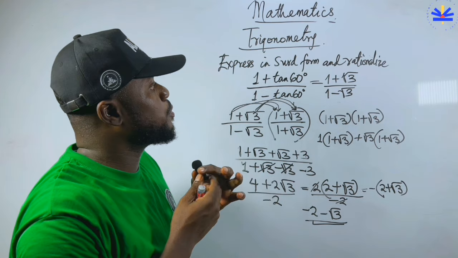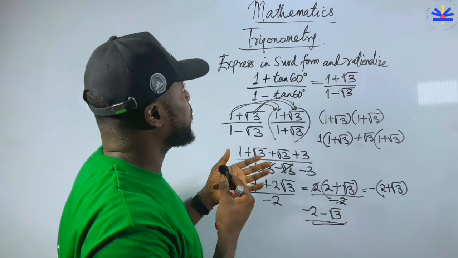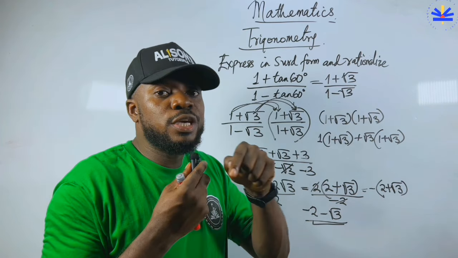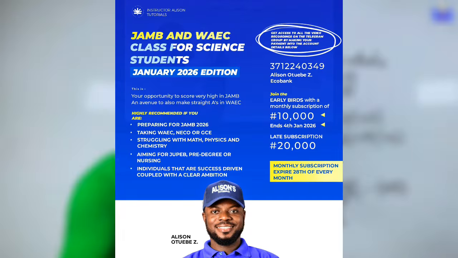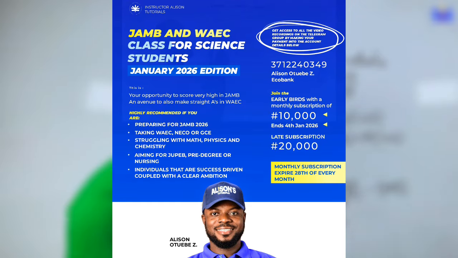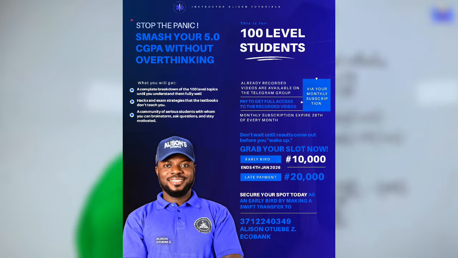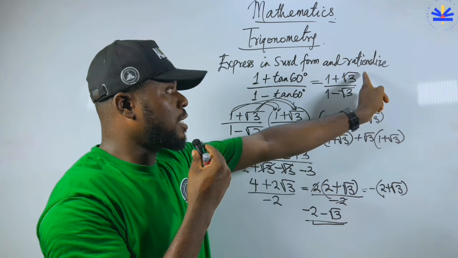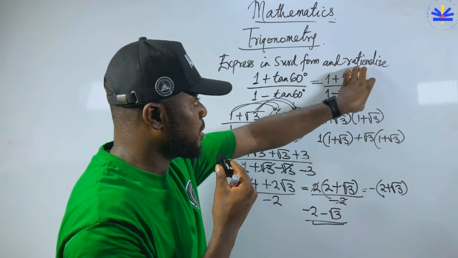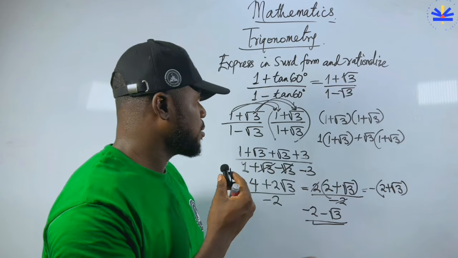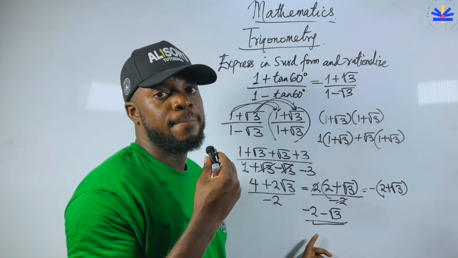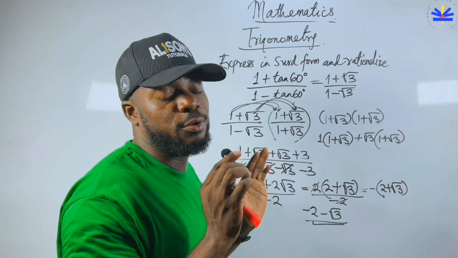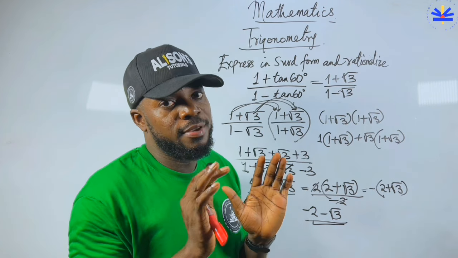So the question some people will ask me, sir, if it is JAMB you come or WAEC you come, of course the question is this: how do I solve it? For you to quickly know, by the time you join my class, my WAEC class, JAMB class, my 100 level class, I already teach you everything. So when you see this, you already know this one. So you just convert and come to this one, then use this method immediately. Shortcut, you even get the answer. All those stress where I follow the other way to teach you, you won't even encounter those ones again, because you already know them from my class.